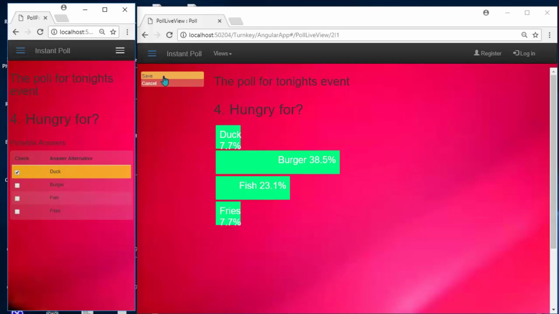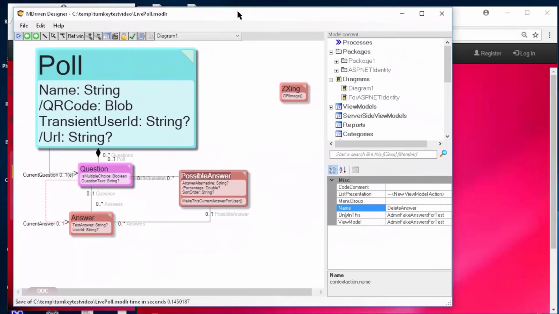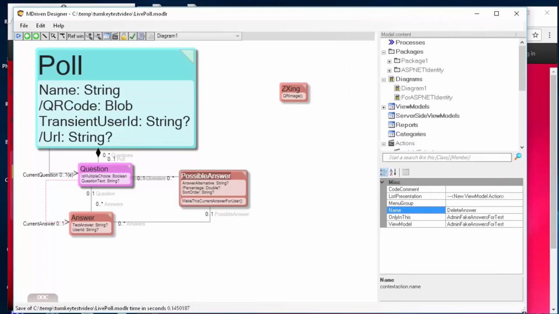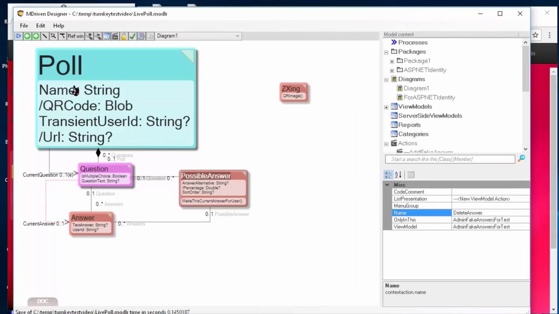So maybe someday I will do it live in a session, but now it took me a couple of hours to model the things needed. And it's not much, of course, never is with MDriven. It's tight and compact, but still it takes thought and trial and error.